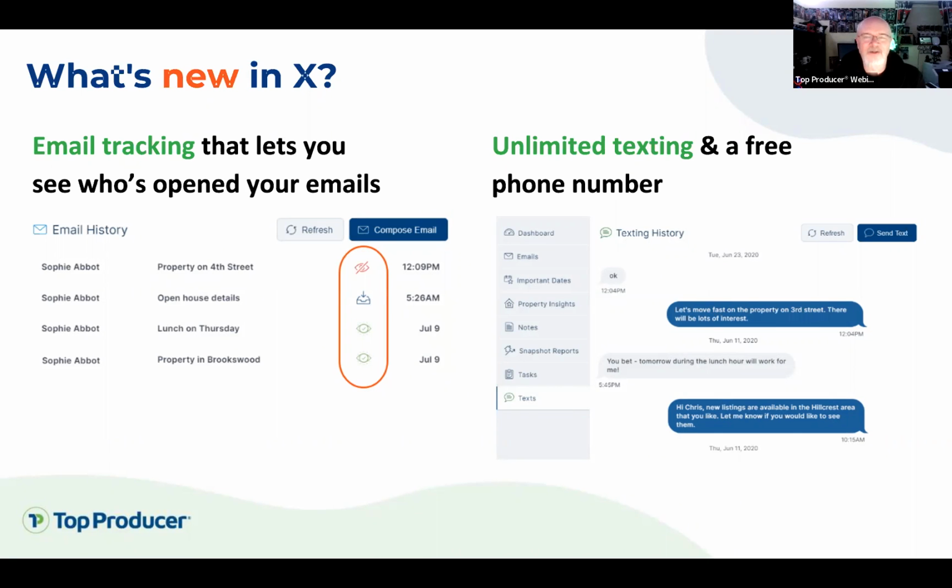Absolutely. This is one of those specific requests we've had for a long time, because people always wanted to be able to follow up and track on their emails. So now we have it. The key is pretty simple. Green with a check mark means they've read it. Blue with an inbox means it's been delivered, nothing's happened yet. Red means that they know it's there and they just haven't read it. So this is where you can be like, why are they ignoring my emails? I wouldn't put it that way, but